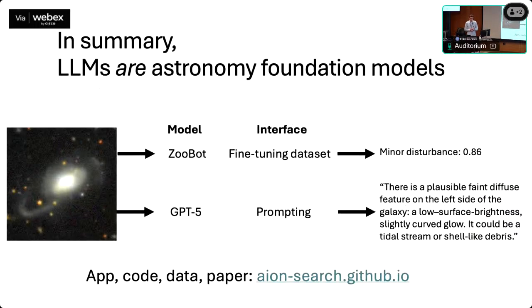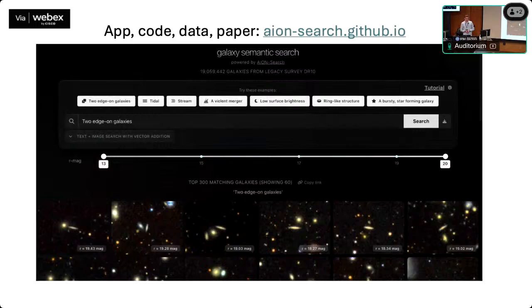And so I'm ending by saying that these models can now take in images, and you can prompt them to be classifiers. I'm making a bit of a claim, to put everyone's mind in the right place, that in summary, you could think of these language models that have been trained on all the papers, all the NASA Astronomy Picture of the Day, and all the Galaxy Zoo discussion forums as astronomy foundation models that you can then use as your first step for classification purposes. I'm really excited to see where this leads. Thank you very much.